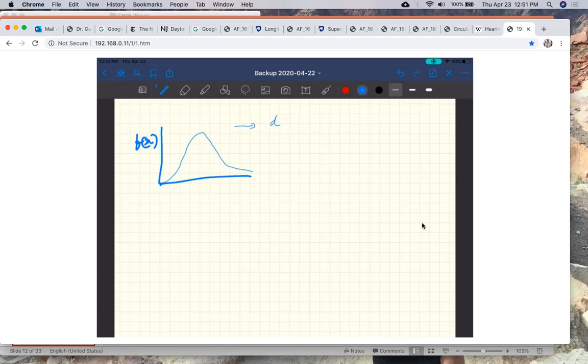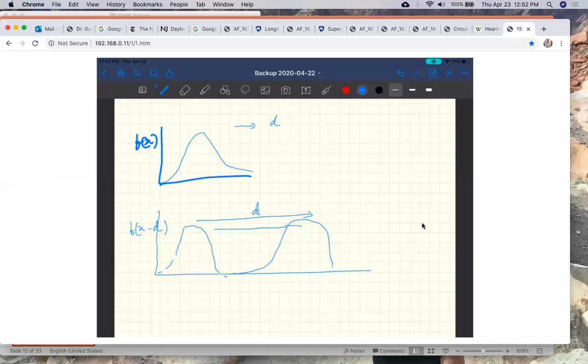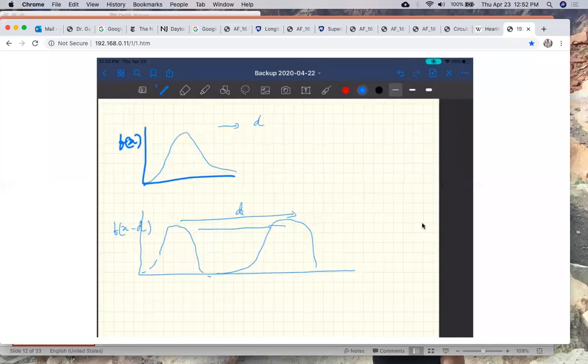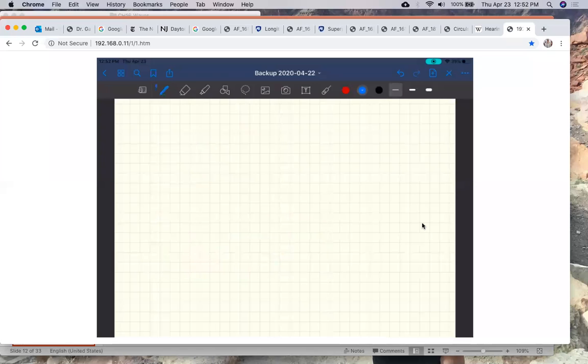How do you do that? The way to do that is f(x minus d) will be the function shifted by distance d. Okay, so that's how you shift the function by distance d. Okay. Now here's a very neat little thing. Okay. So let's say